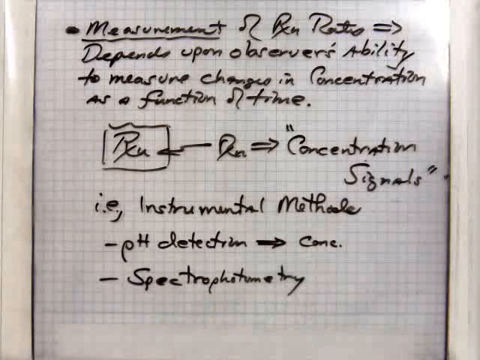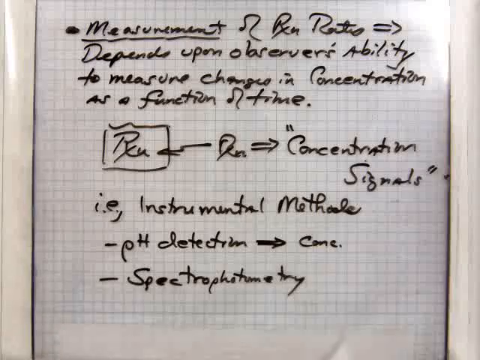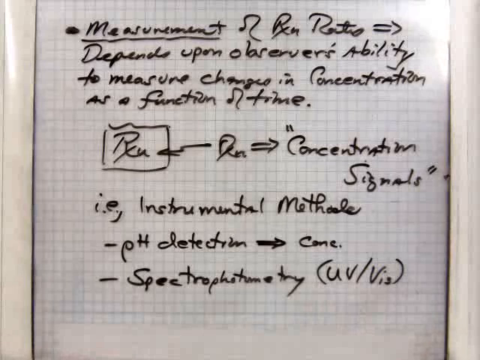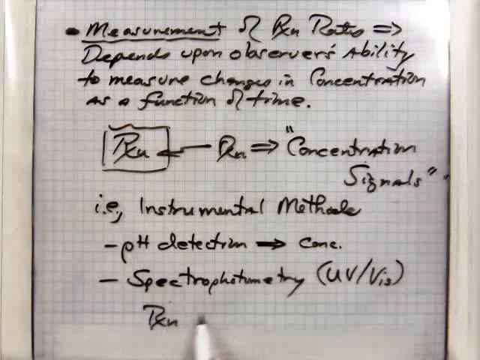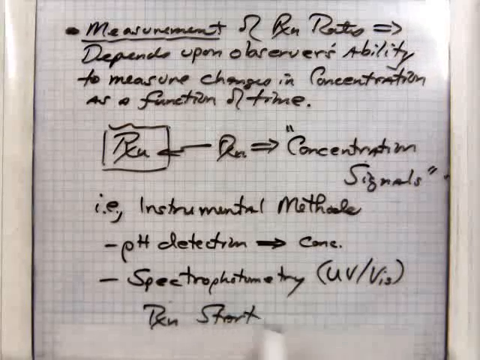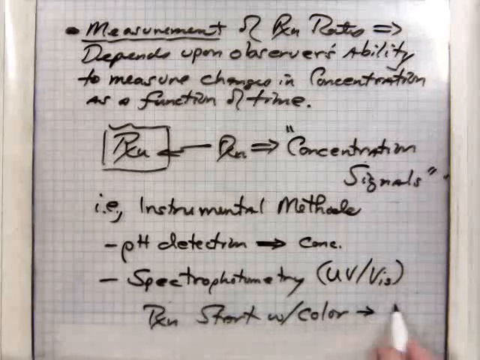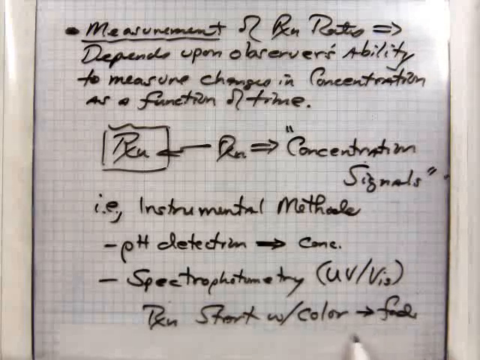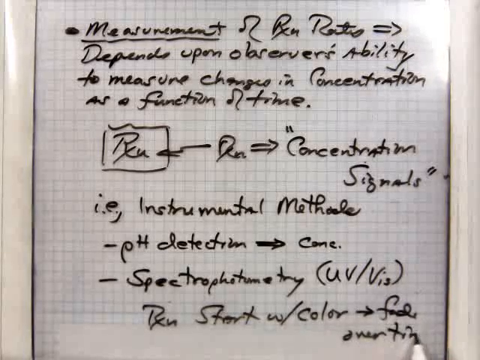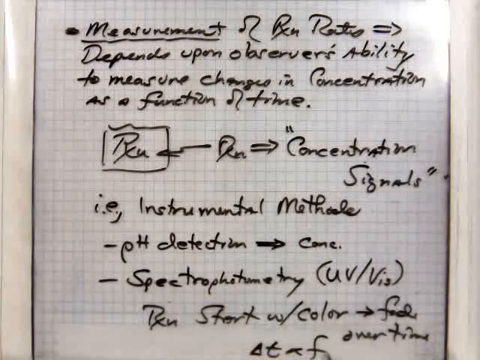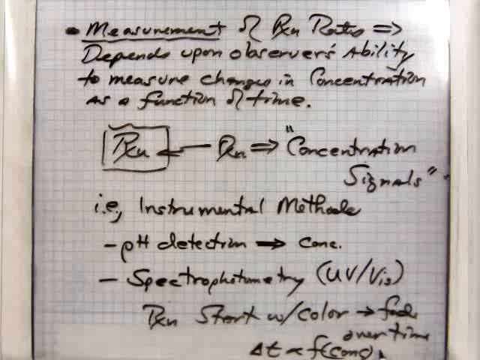Spectrophotometry typically is a UV visible range of measurement, and the reaction may start with a color and then fade over time. The change in time is proportional to that function of concentration, and from that you can get